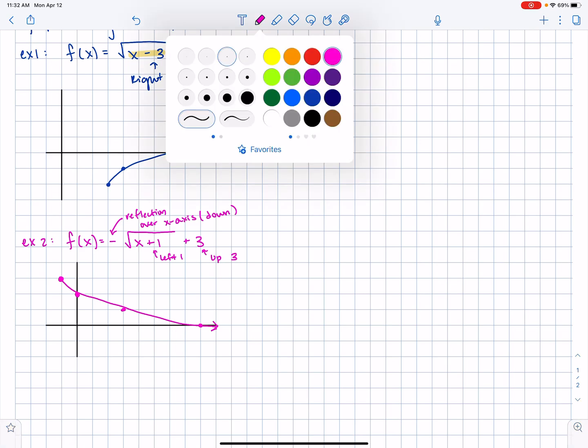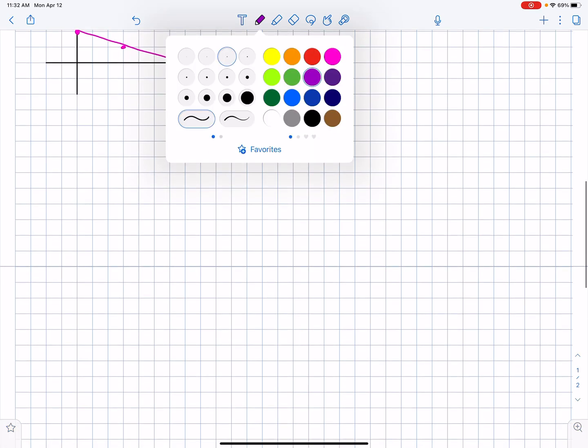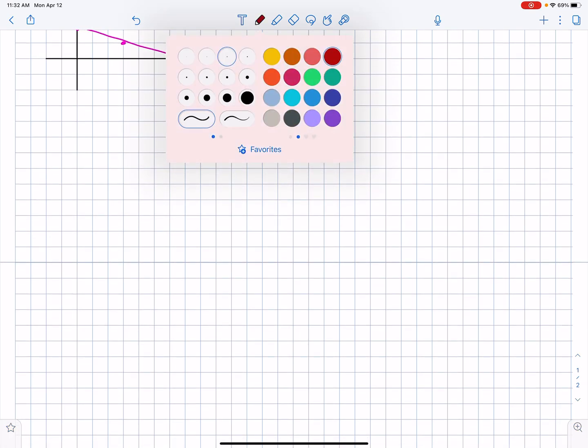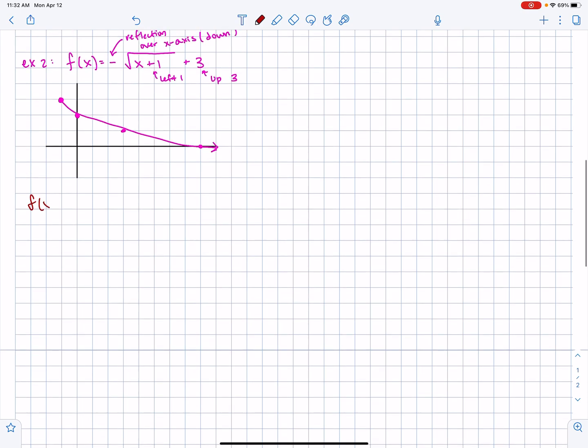So we're going to keep going with these transformations here. I've already used that color. Let's go to our second page. We'll go here, red. I want to start looking a little bit at a different reflection. So we're going to do f of x, I'm on example 3. f of x is equal to the square root of negative x